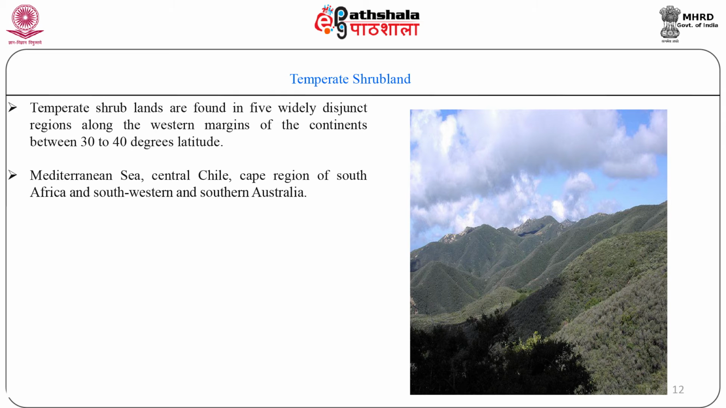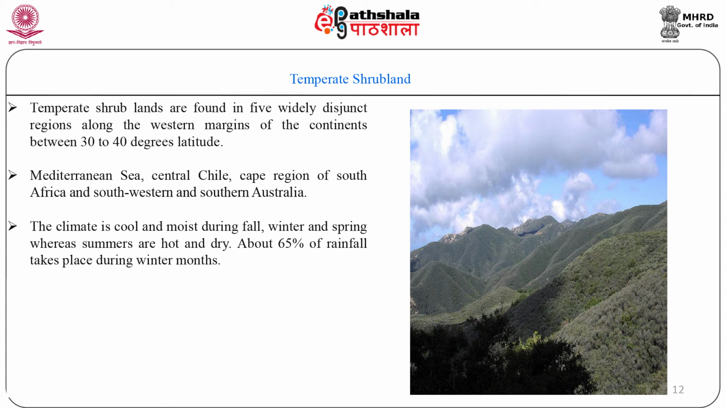About the climate, it is cool and moist during fall, winter and spring, whereas summers are hot and dry. About 65% of rainfall takes place during the winter months. Winter temperature averages from 10 to 12 degrees centigrade with a high risk of frost. The combination of dry summers and dense vegetation rich in essential oils creates ideal conditions for frequent and intense fires. About the vegetation, these are dominated by evergreen shrubs